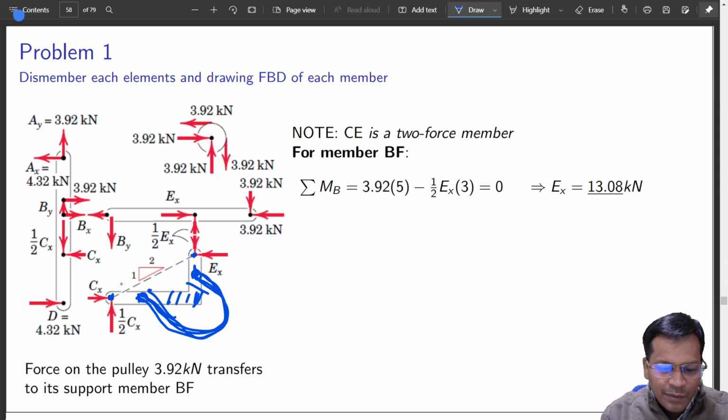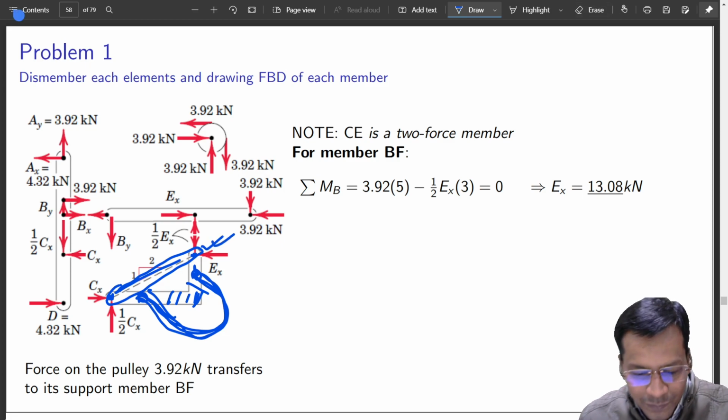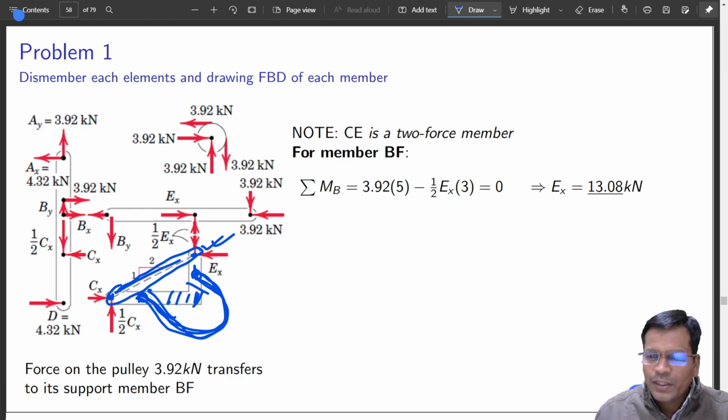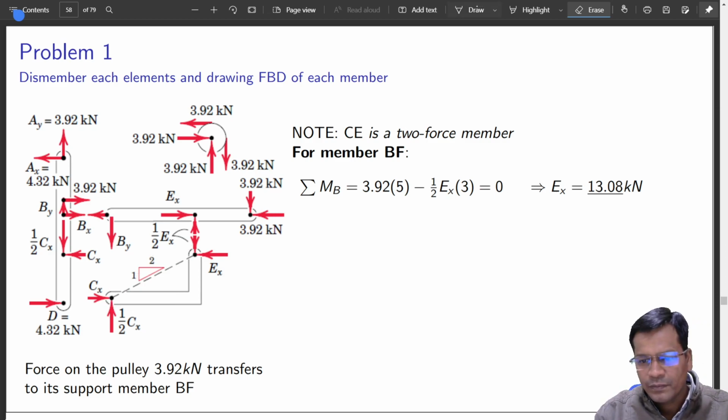So actually nothing is going to change as long as you connect these two points at the same distance. Trigonometry remains the same. This triangle remains the same. This slope remains the same. So effectively it is doing the job of this link. Okay, let us move ahead. We have spent a lot of time on this. Hope it is clear, and try to make one 4-bar mechanism at home.